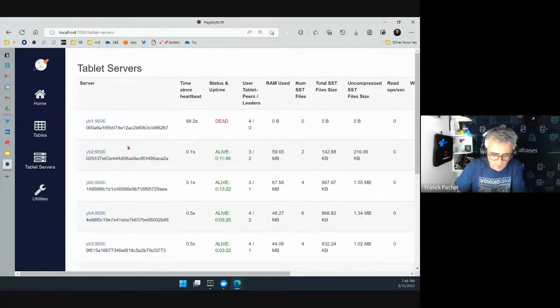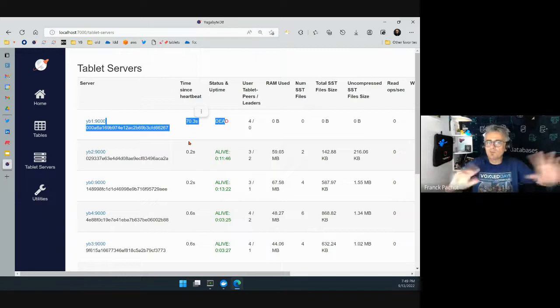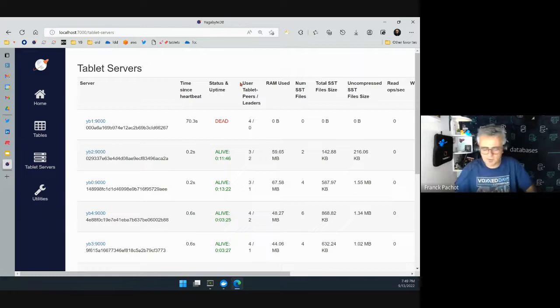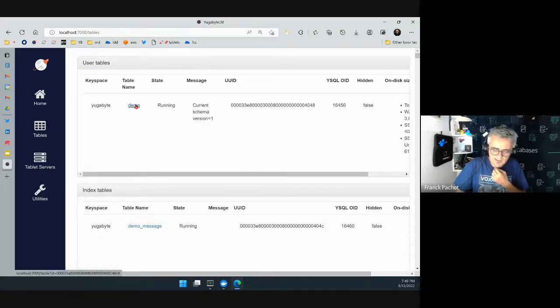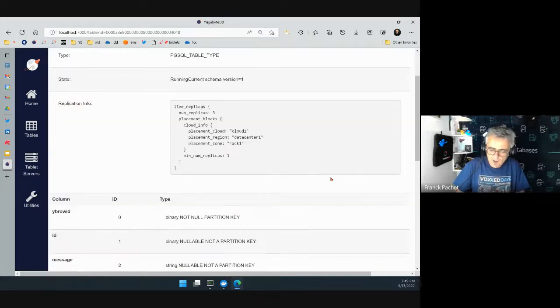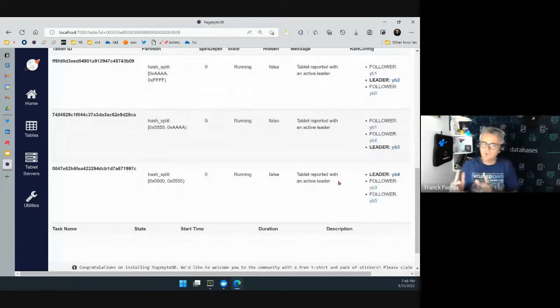And you can see that also in the list of servers. This node is marked as dead. We can see there are heartbeats between the nodes, of course, because they must know that they are all there, and also they must synchronize their clock. This one didn't reply to heartbeat for the last 70 seconds, of course. It's written dead, but it's not really dead because you can see that I still have the followers there. By default, it stays like that for 15 minutes because usually those kinds of errors are transient. It will come back, and then